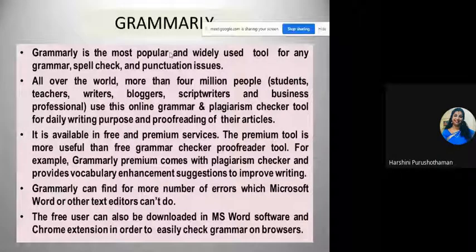comes to the premium version. Grammarly can find a larger number of errors than Microsoft Word or other text editors can. Grammarly works in a more advanced way than others. The free version can also be downloaded in MS Word software. For example, if you're new to Grammarly, you can just try it by downloading it. The free version is available. You can download it in Microsoft Word or whichever document software you're going to use, and once you complete that, you can check with Grammarly. It will point out what mistakes you have made or where you have to change your